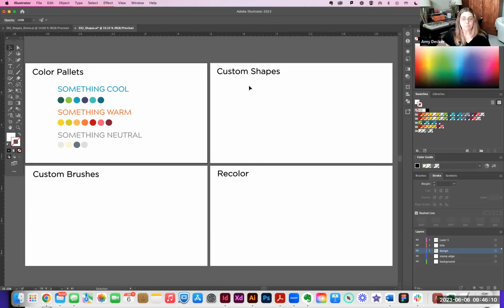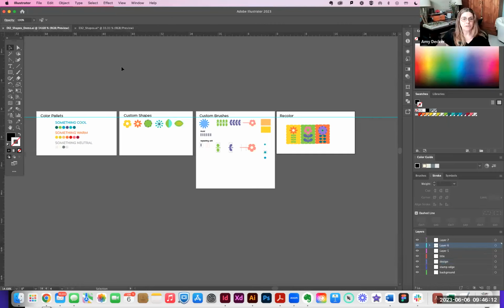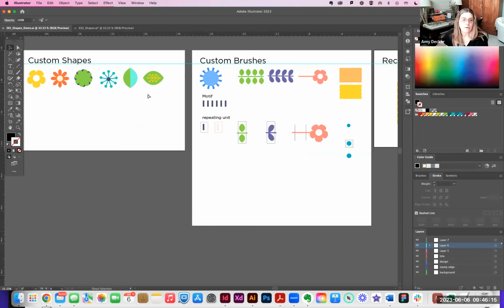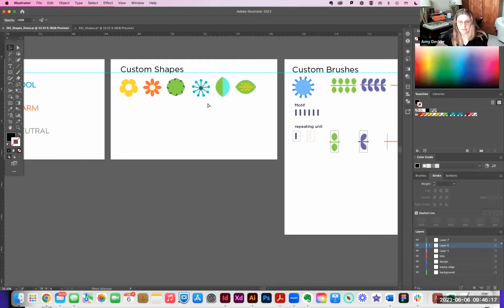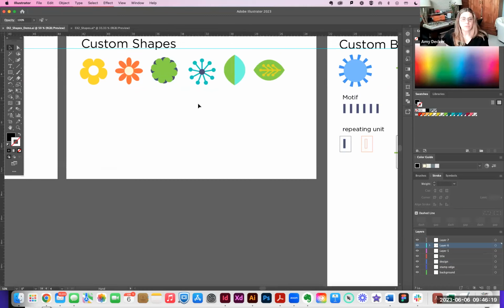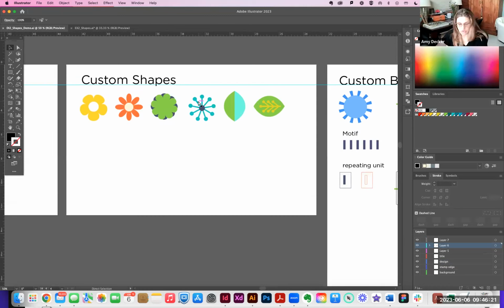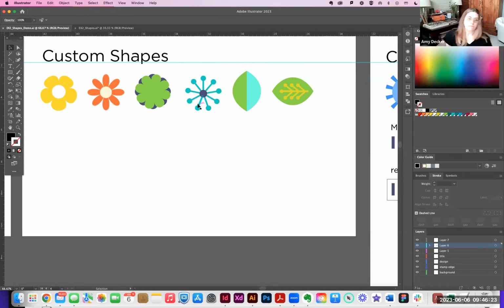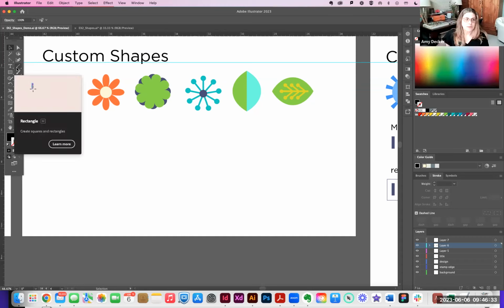All right, so we're going to jump into custom shapes. So I'm going to go into my file now, and you have a space to work, and this is what we're going to be creating. So I'm going to show you. These are the shapes we're going to start creating. Okay, so the first one is this first flower we're going to create. We're going to start with